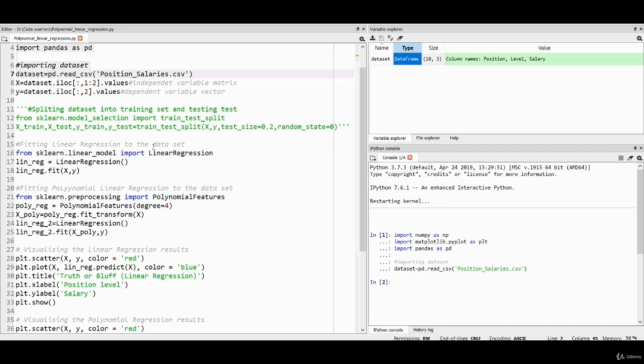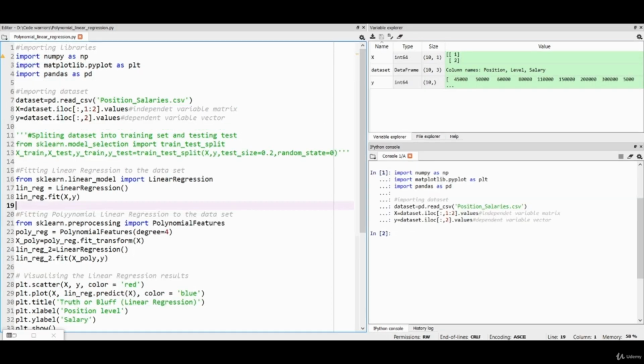Now, as in the theoretical part I gave you a little differentiation between linear regression and polynomial regression, in this coding part also I'm giving you a small bit of difference between a linear regression model and a polynomial regression model. So let's first start with the linear regression model. For this model, we are going to use the sklearn library. So from sklearn.linear_model, we are importing the LinearRegression class.